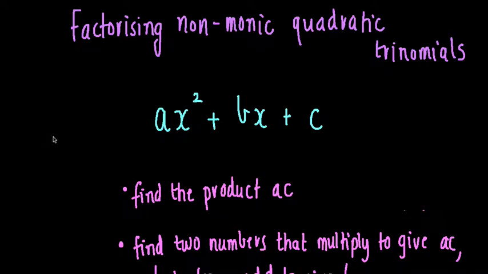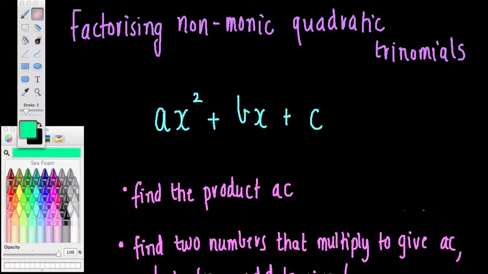Okay, welcome pre-methods students to this video titled Factorising non-monic quadratic trinomials. And as you start off doing this, what you're probably asking yourself is, what do I mean by non-monic? What I mean is this number here, the coefficient of the x squared term, it will not be equal to